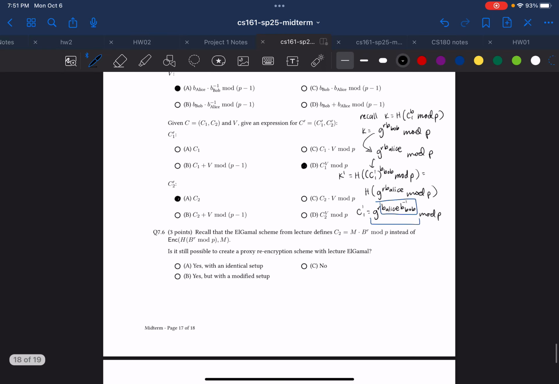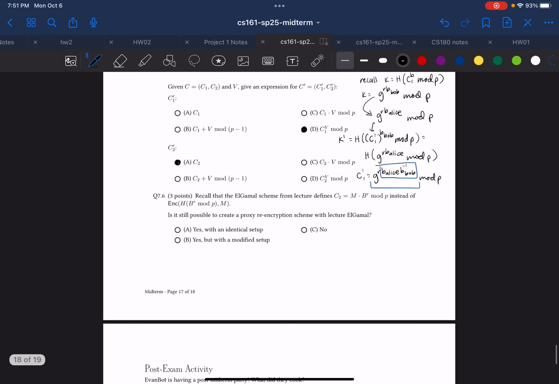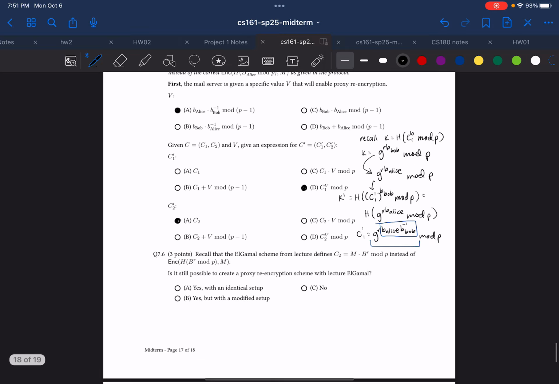Okay, so for the last part of this question, it asks, recall that the original El Gamal scheme from lecture defines C2 as M times B to the R mod P instead of our encryption scheme. Is it possible to create a proxy re-encryption scheme with lecture El Gamal? And the answer here is going to be A, yes, and with the identical setup,